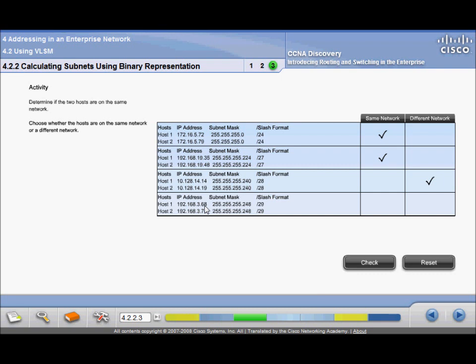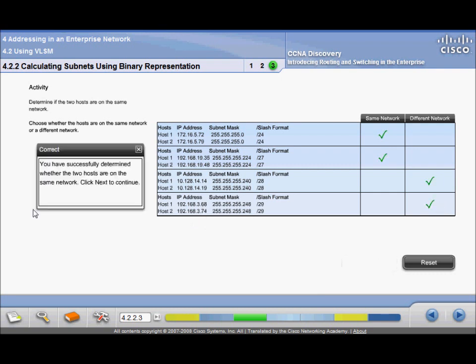And 64, to its next increment of 8 would be 64 to 71, and not 72, but 71, because you can't use the last. 64 is counting. You don't use the last one. So between 64 and 71 is one network. And so you know that these are on different networks too. So check the results. As you can see,